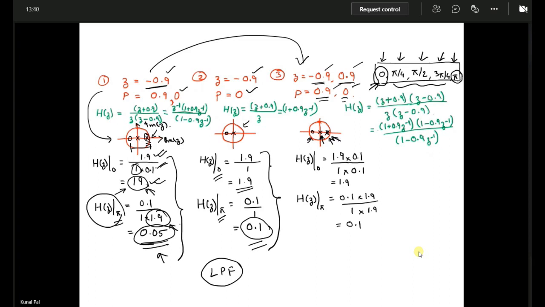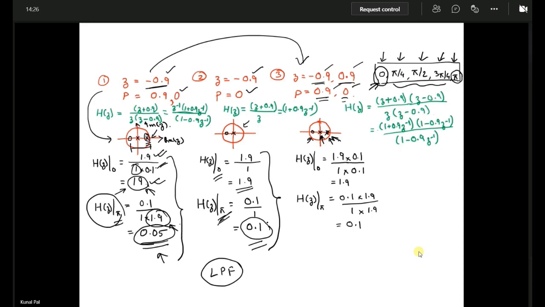Then in the second case, at pi, we are having 0.1, which is lower than this. Ideally, if we remember from the rubber membrane concept, we had discussed that there would be some ripple effect at the high frequency, and that the amplitude will be low, but how low we could not determine. But by using this formula, we can see exactly what is happening when we are placing the pole towards the DC component. Okay.